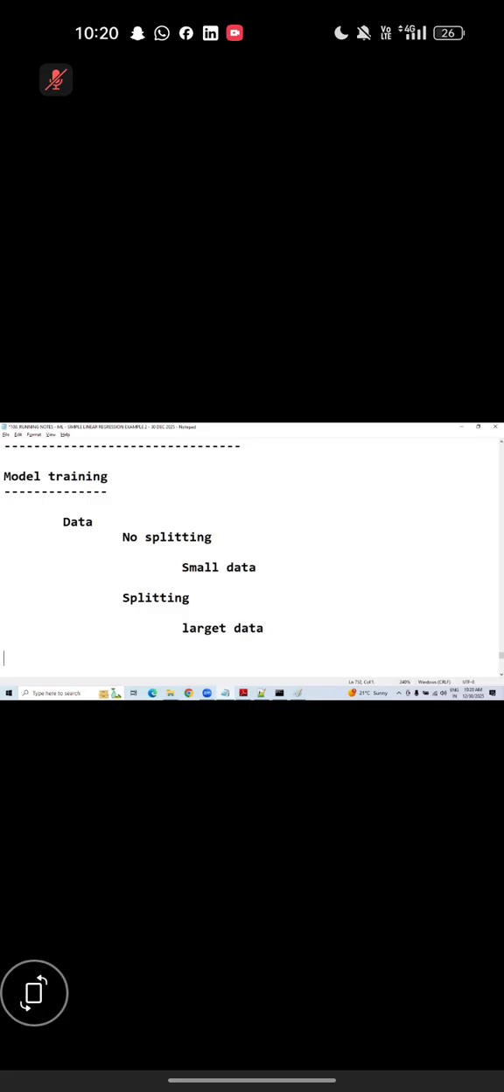Now, model training. First let's talk about splitting, data splitting. Next, let's talk about model training. Good. Now, let us go for data. No splitting: what we need to do is the model dot fit method, and here you can pass x comma y. If there is splitting, then model dot fit is not